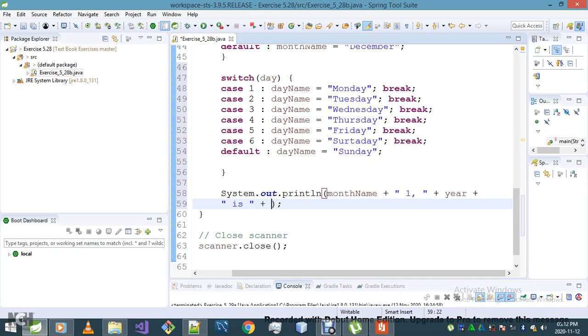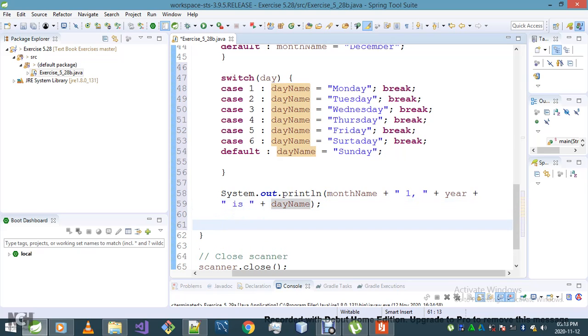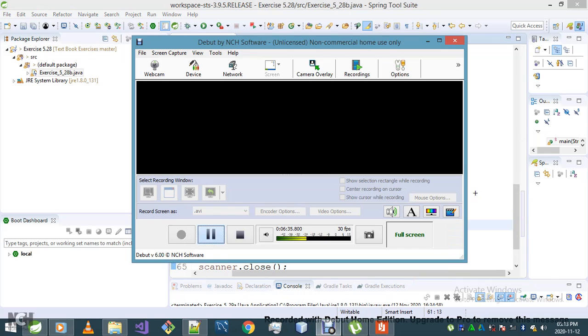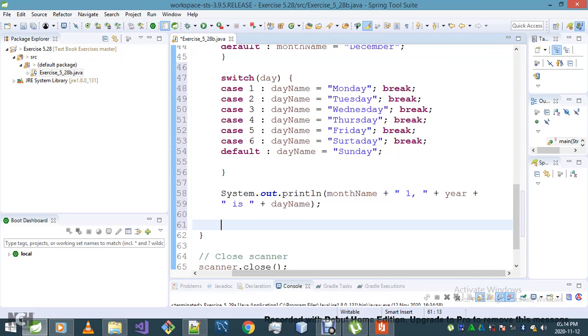Let's put day name. Okay, and then finally this is the part. Again, noise. Okay, what else? Let me deal with all numbers. Months. If month is equals to short. Okay, if month is equals to